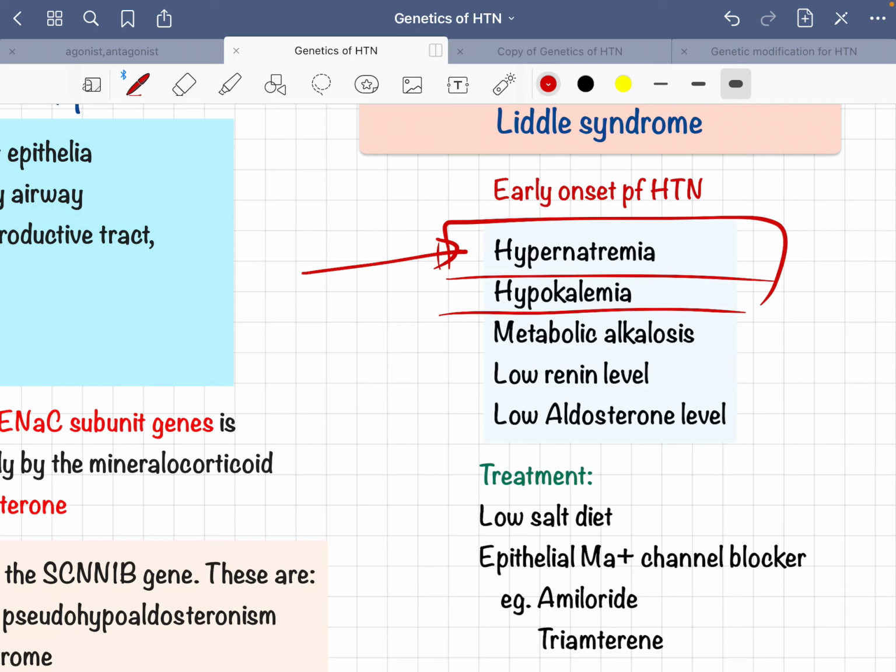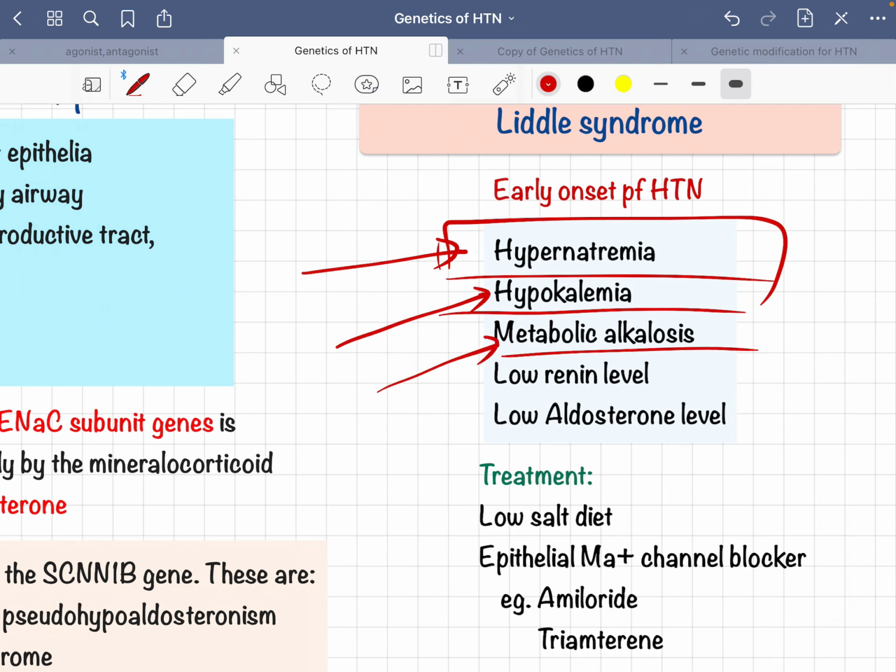You know that the more sodium is driven into the collecting tubule, the more potassium will be excreted from the collecting tubular epithelial cell. As more potassium is lost, you will get hypokalemia, and there will also be more excretion or efflux of hydrogen ion from tubular epithelial cells to the tubular lumen. That means more and more hydrogen will be lost. That's why your blood will be alkaline, and this will lead to metabolic alkalosis.